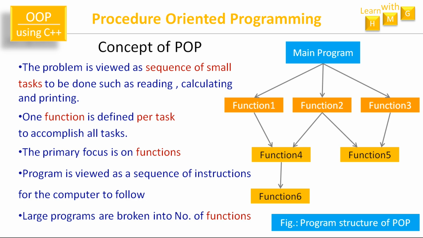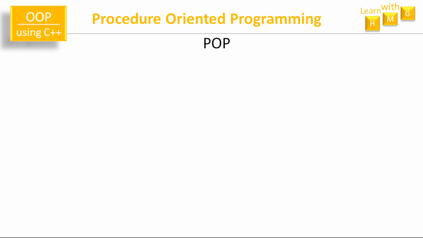Again here function 6 is referred into function 4 and function 7 is referred into function 5. So like this we made one sample hierarchy of the functions where one function may be called into another or many functions, and like this your main program can be viewed as a set or a sequence of n number of functions.